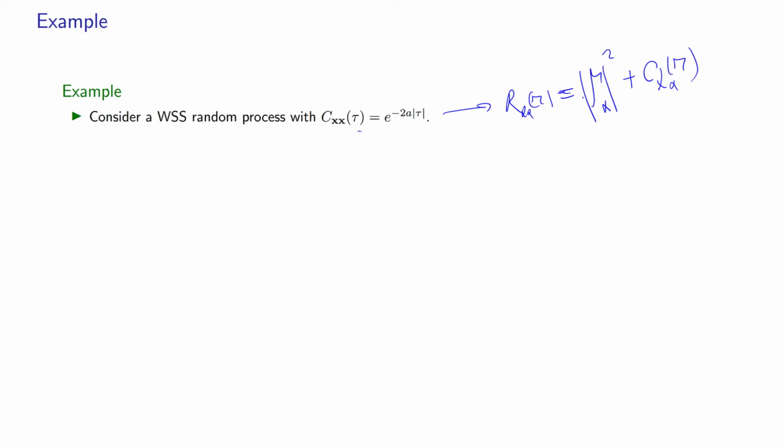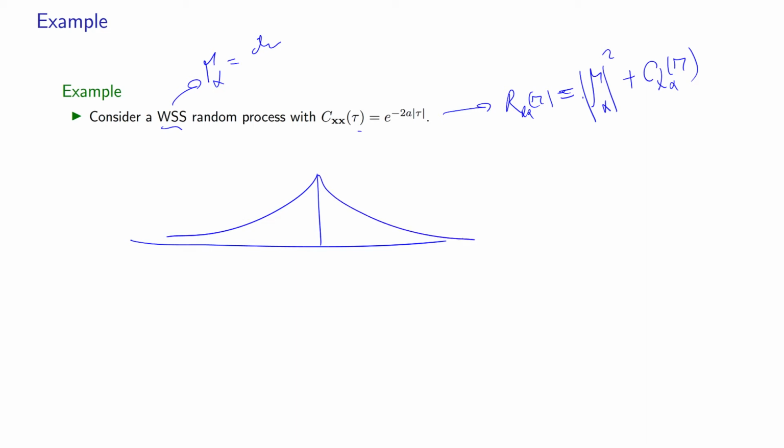So if it says wide-sense stationary, that means that mu x is constant. It's not a function of time. Now we want to see if this is Mean-Ergodic or not. So what we do is that you can plot this random process and you see that you have two exponentials, one left-sided, and so on. And then you have to multiply it by